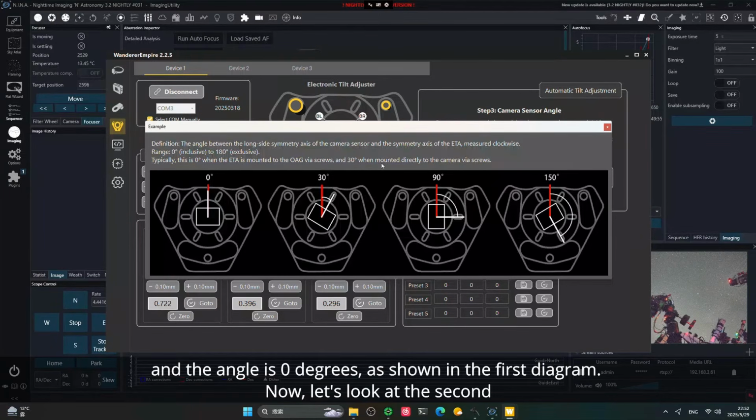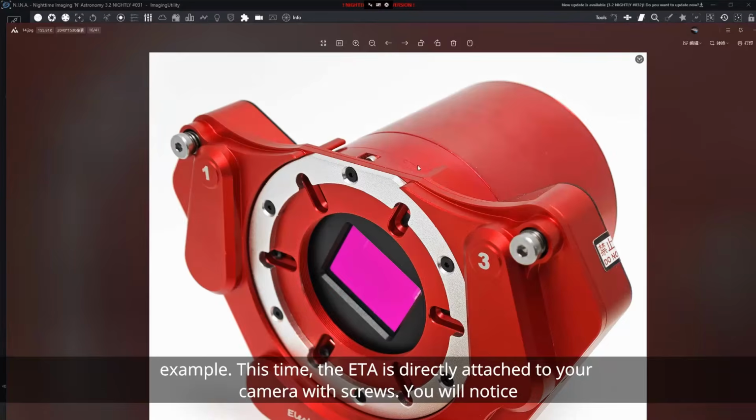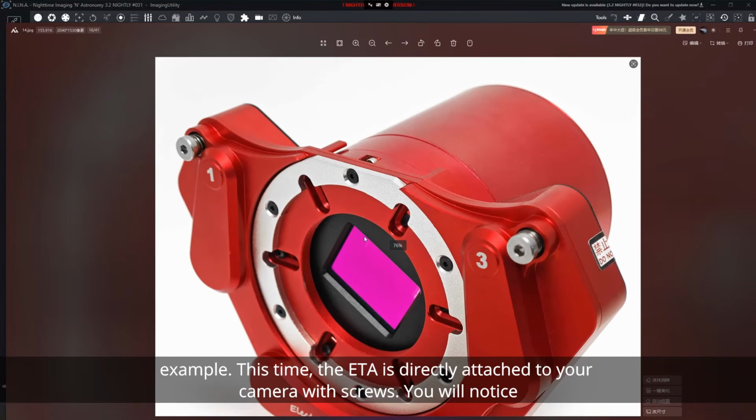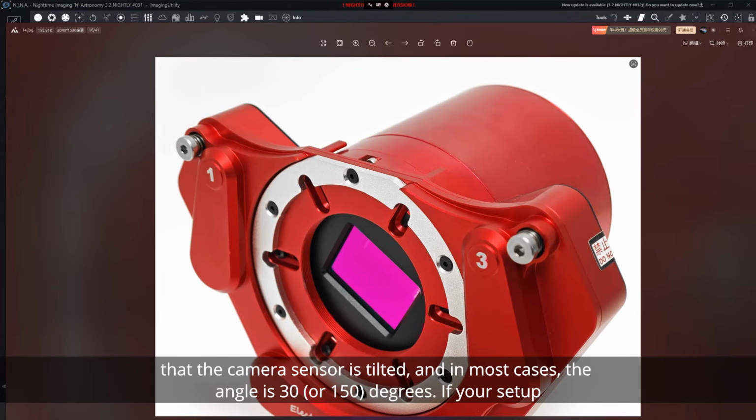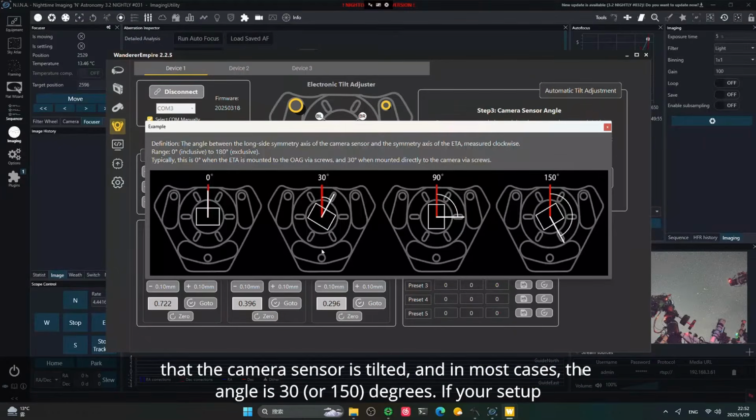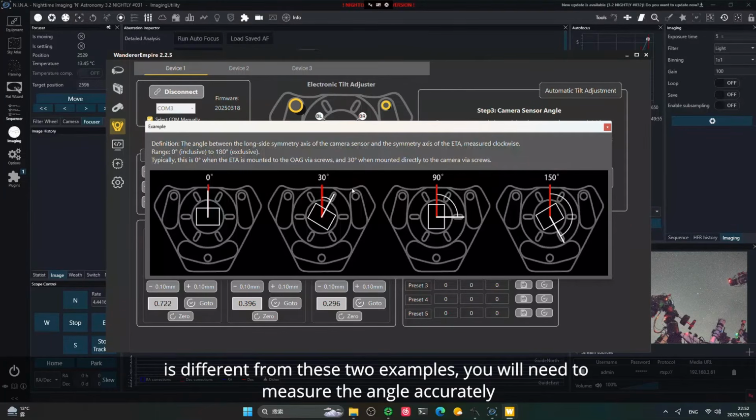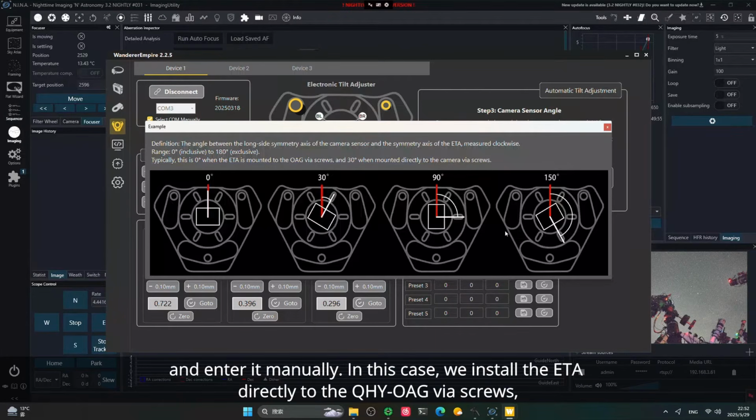Now, let's look at the second example. This time, the ETA is directly attached to a camera with screws. You will notice that the camera sensor is tilted, and in most cases, the angle is 30 degrees. If your setup is different from these two examples, you will need to measure the angle accurately and enter it